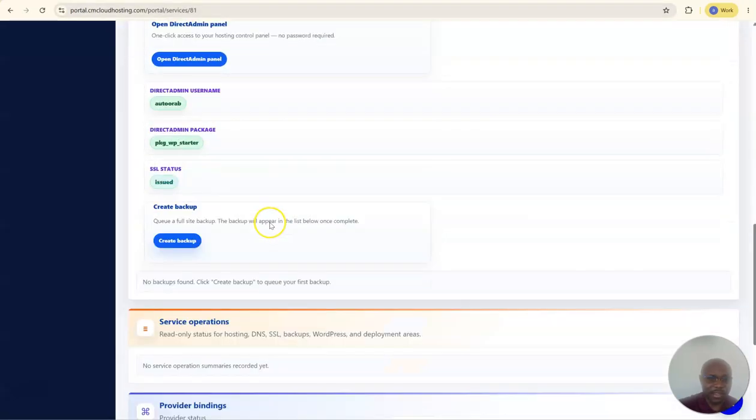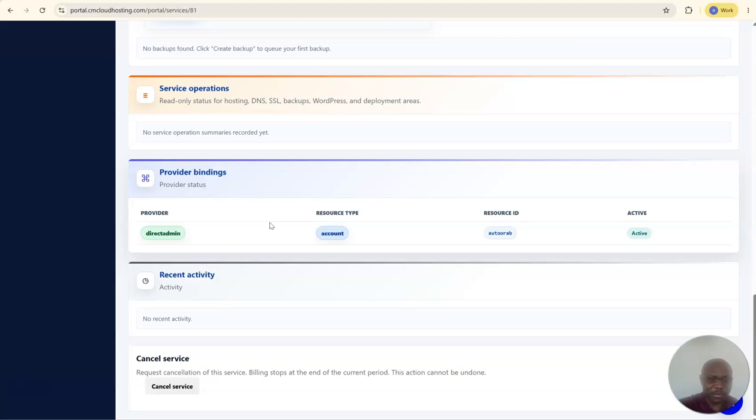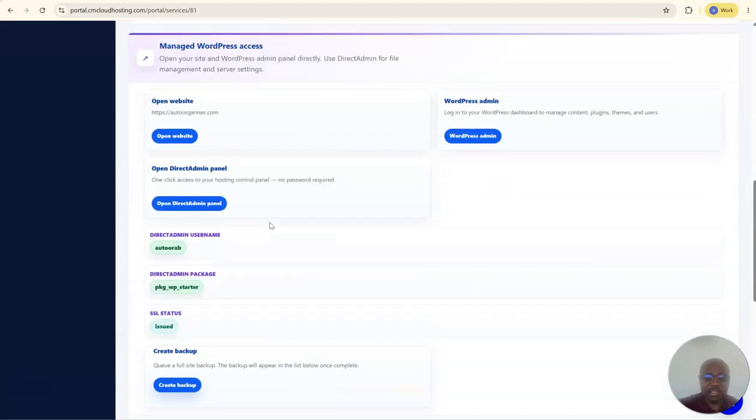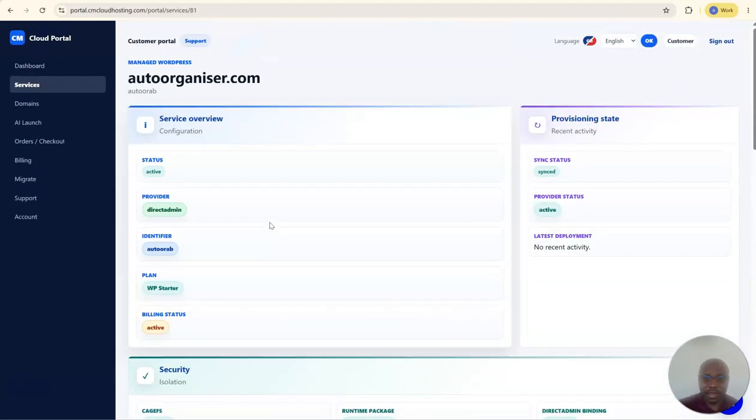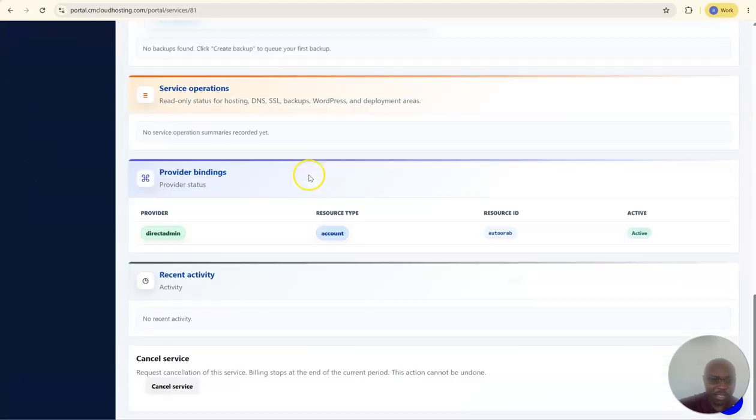This is really an amazing job, guys. So this is how you go live from AI Launch to WordPress, and the same process works for shared hosting. This is quite amazing. And the one password you need to remember is just